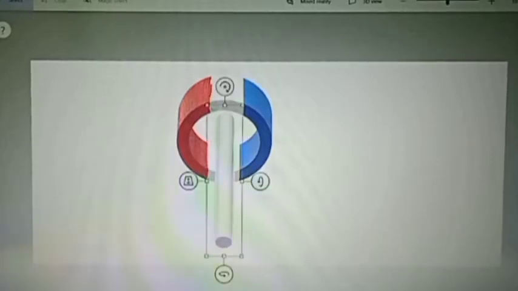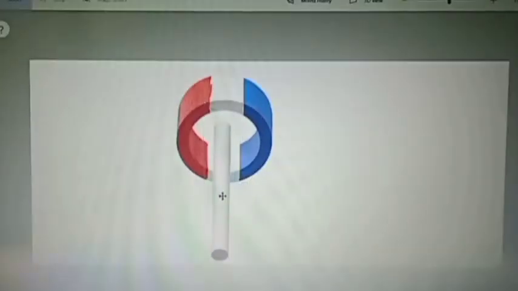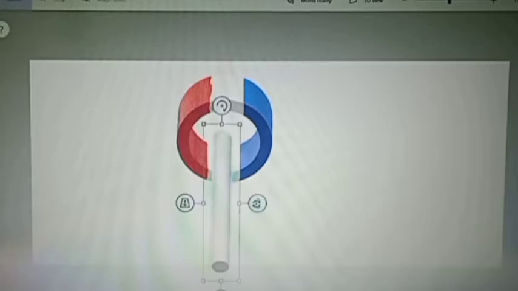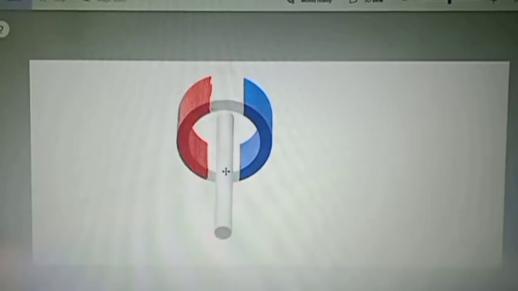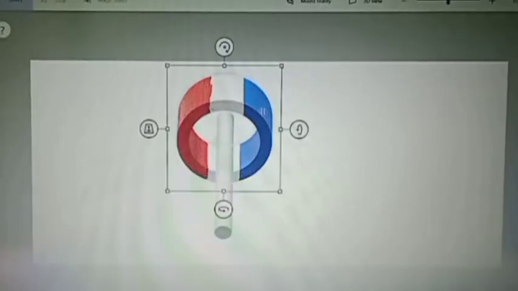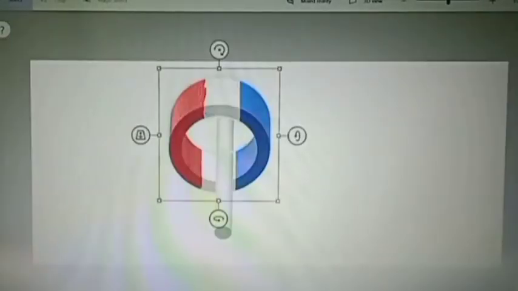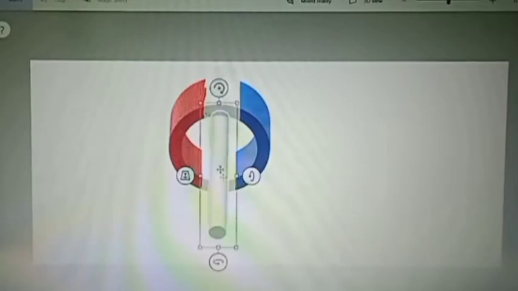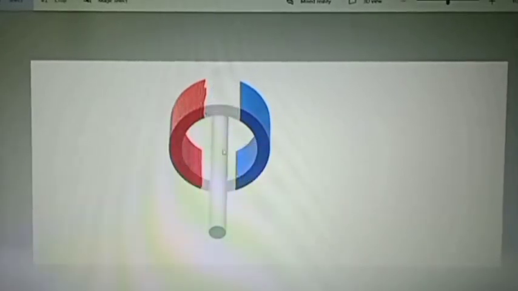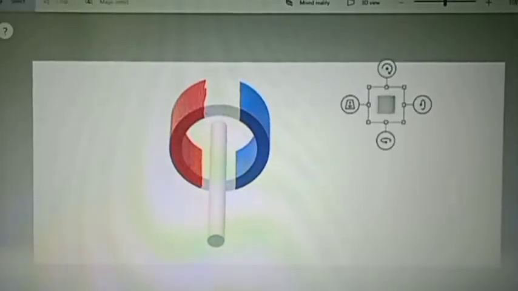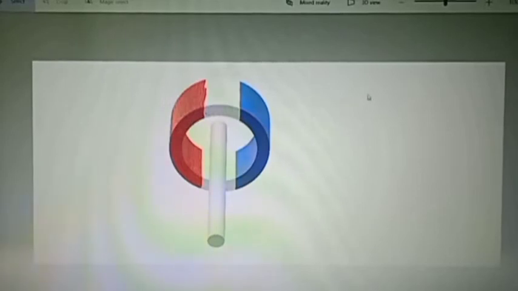You won't see this axle in the theoretical diagram in your books, but actually that axle is required. Otherwise, how are we going to fix that coil between the poles of the magnet? So it requires some rigid support. So here it is. And before I draw that coil,